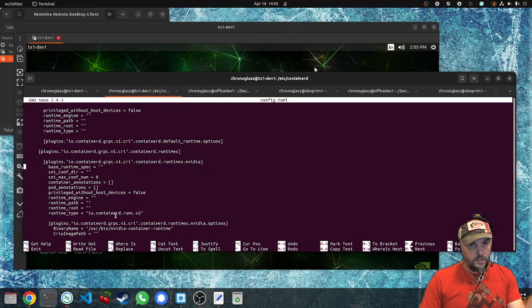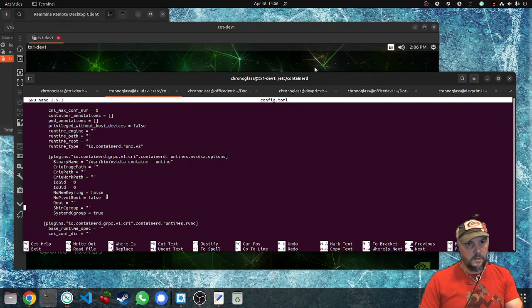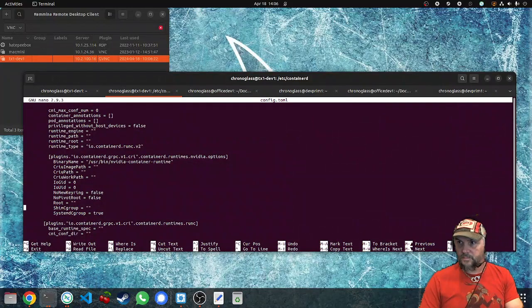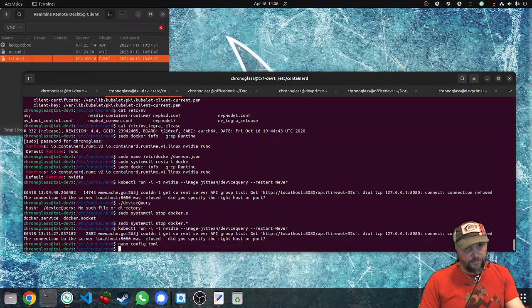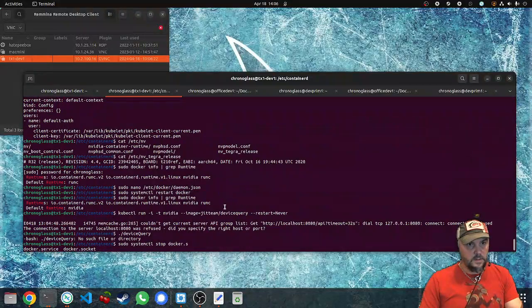And then I just had to make sure all this was set up, and I think all of this got manually done. Yeah, the system C group I had to validate. Then restart containerd, restart the kubelet, and off to the races. It started showing up. Sort of. So what would happen is I could run a test, which was